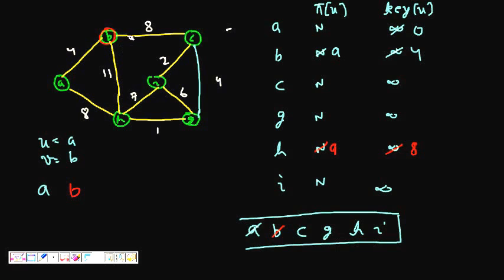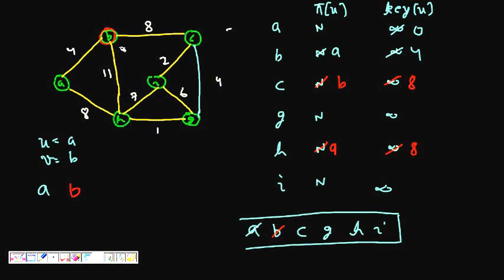So for each of the adjacent nodes to B, we have C and H. Again we will see C, the key was infinity, now BC is 8. So 8 will be assigned to C and its parent will become B. And H, so what was happening? H is here in the queue